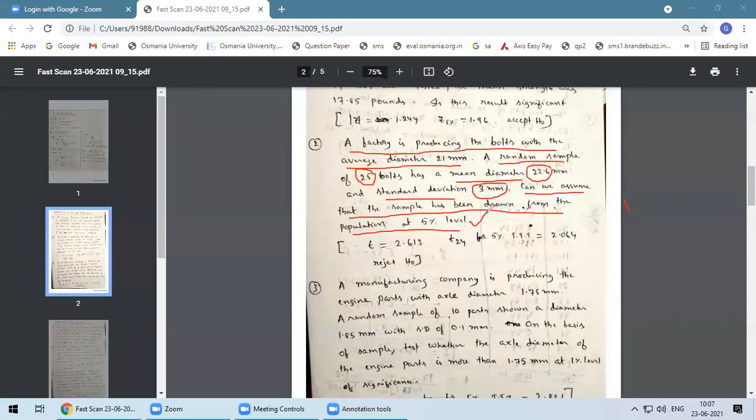If you copied, please respond so that I will explain how this problem comes under the t-test for single mean. First you have to identify. In the examination, you won't be given a side heading like t-test for single mean. So you have to identify whether this particular problem comes under large sample, small sample or non-parametric test, and then which test it comes under. This is the first problem, that's why I'm taking time. If you understood the problem, then you can do any number of problems.